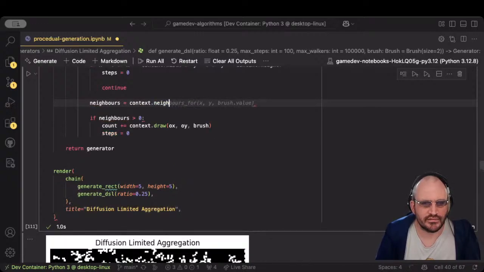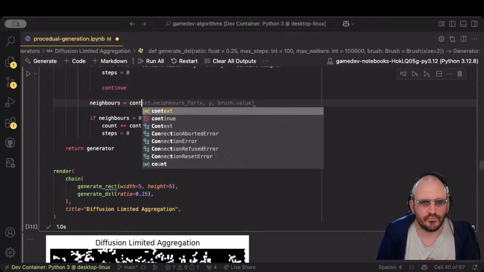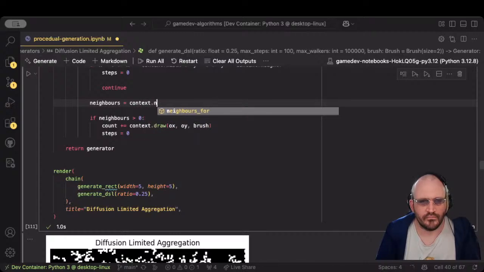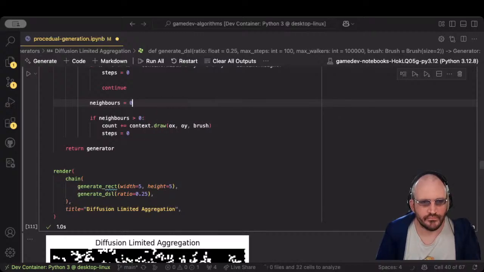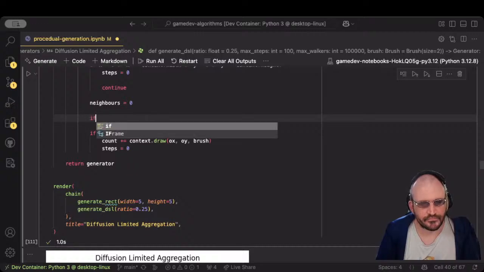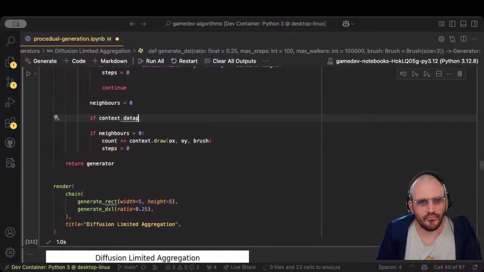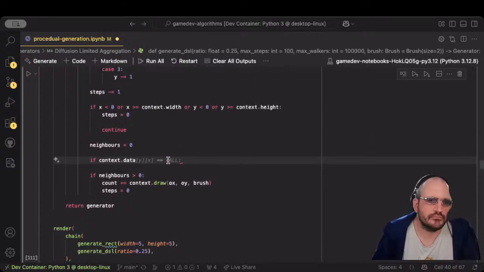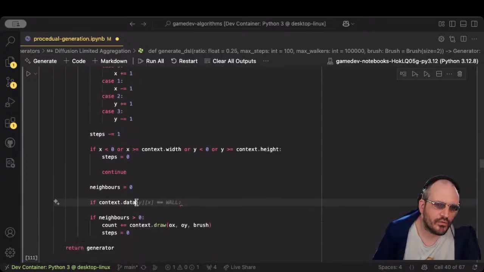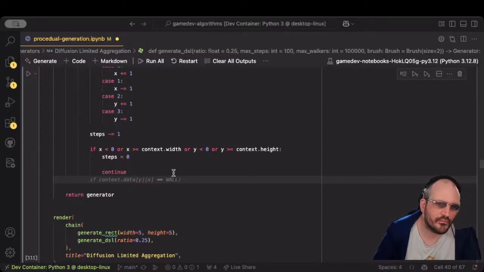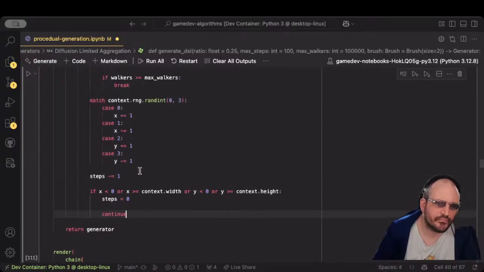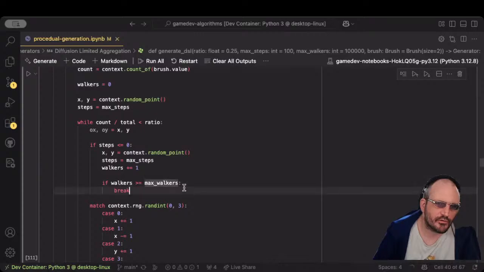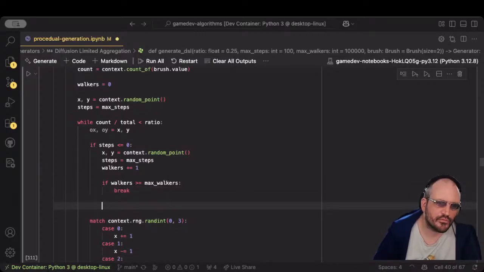Let's take this slowly. So we're going to have 0 if, oh, hang on, part of it is that we're doing it in the wrong place. So before we move, we want to go if